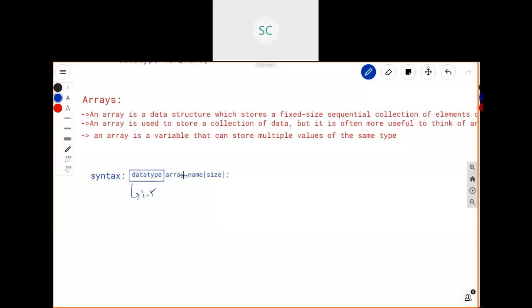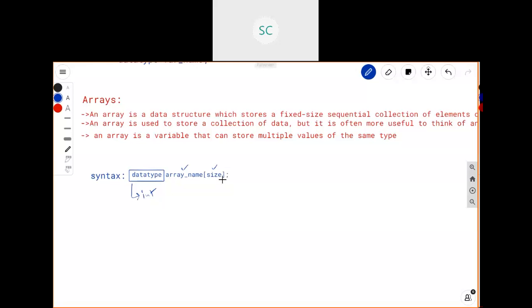You can give any name here, the name of the array. For example, if you want to store student data, you can give student as the array name. If I want to store numbers, you can give the array name as number. Here, the important part is the size. You need to mention the size of this array.